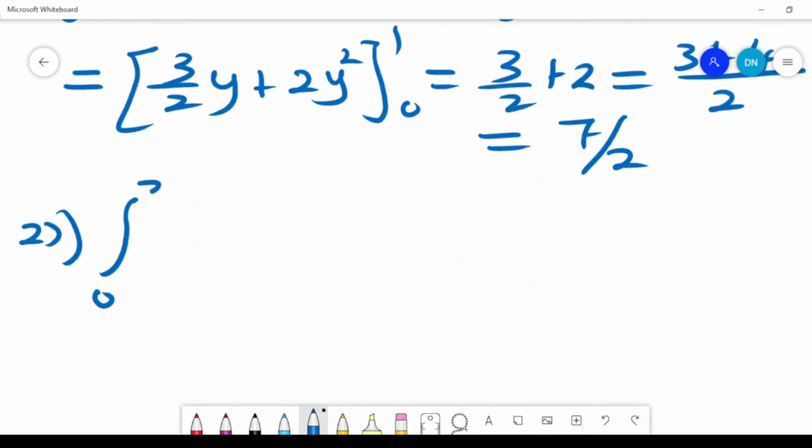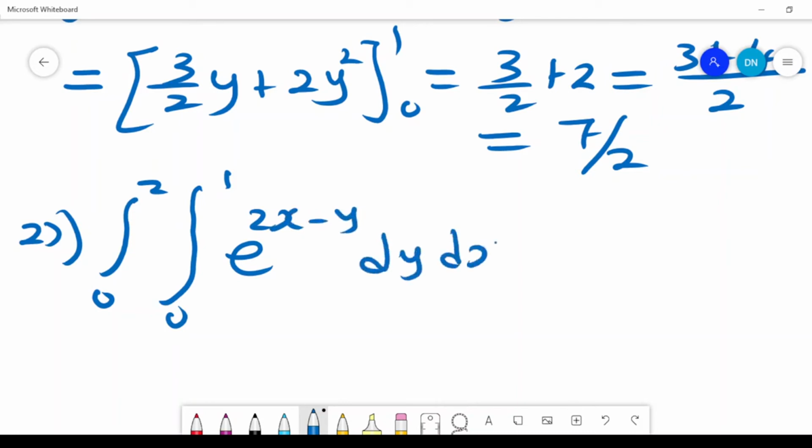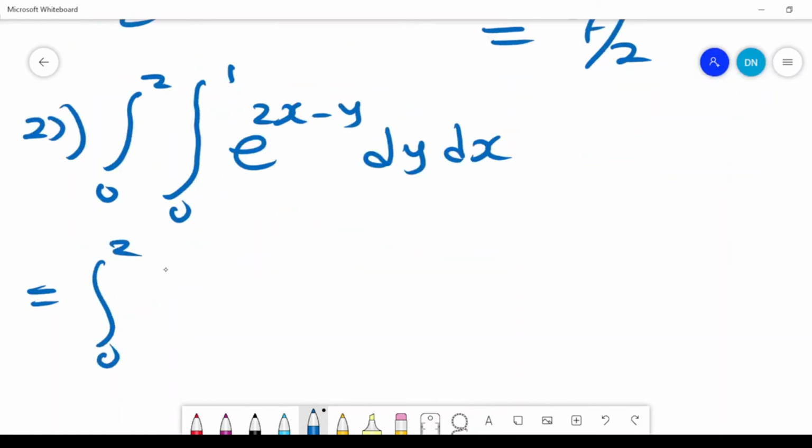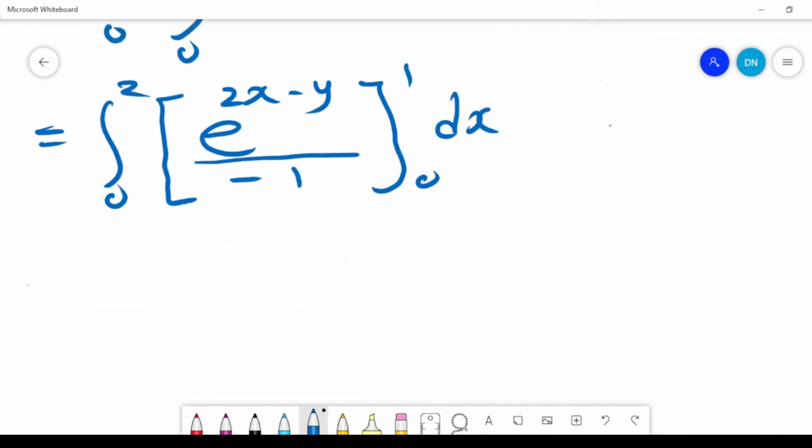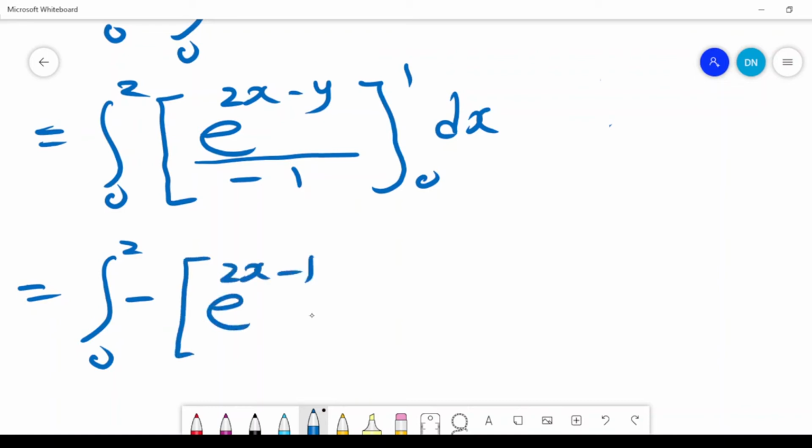Integral from 0 to 2, 0 to 1, of e to the 2x minus y dy dx. Note that the outer limits take us to 0 to 2. We want to evaluate this with respect to y, so we differentiate the power and then we divide by it. So it is e raised to power 2x minus y, then minus 1, 0 to 1 dx. This gives me the integral from 0 to 2 of minus e raised to power 2x minus 1, minus e raised to power 2x